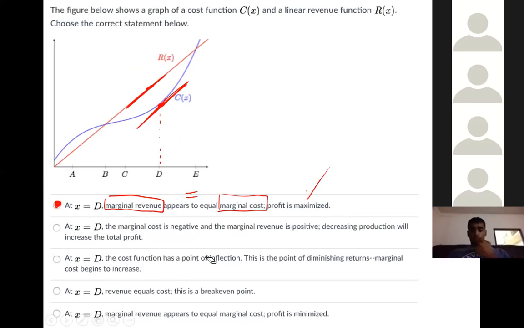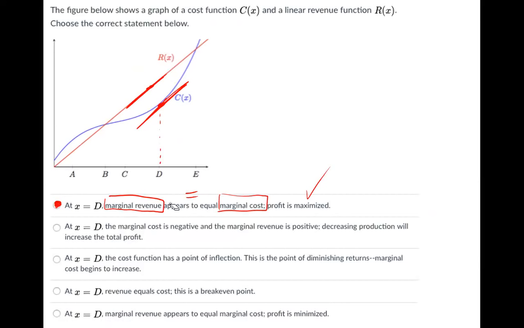And yes, you can look at the different statements. The marginal cost is negative. No. Negative means that the line will go down. Nothing is going down. Wrong. The cost